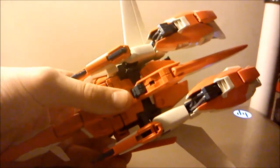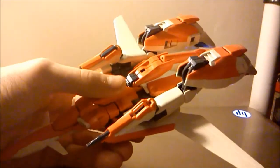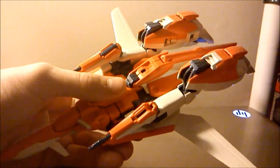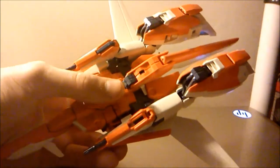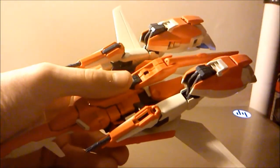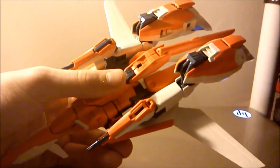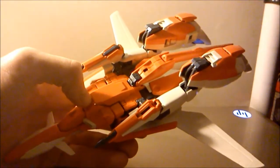Somehow, even though I've transformed this a million times, this is a pretty simple transformation. Not that I had any issues doing it, but the back skirt somehow broke. I'll just have to glue that back on. It's actually sticking because of the extra pegs they have in there to lock everything into place. But yeah,